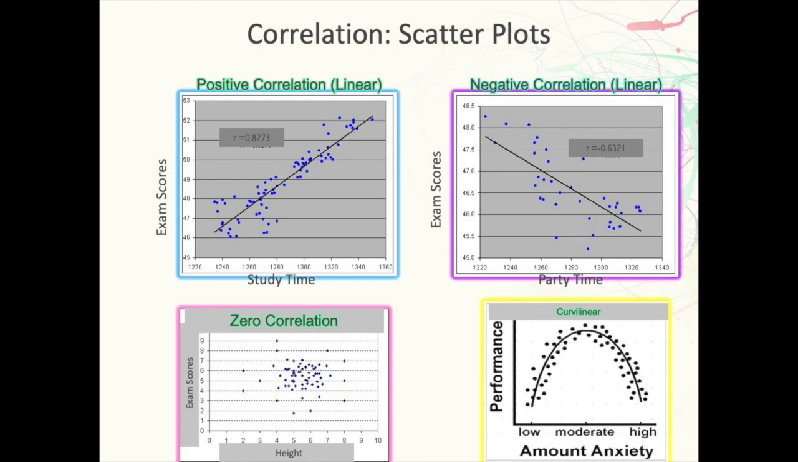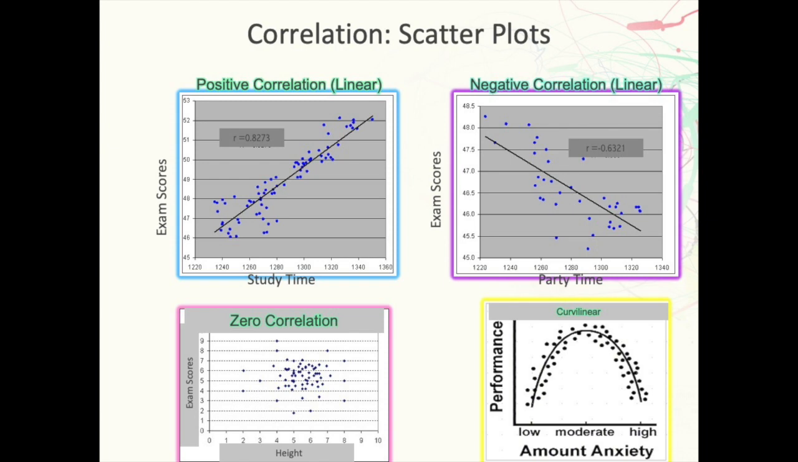And then if you look at the bottom left, you see a 0 correlation there with exam scores and height. Does not take a linear shape. There's no clear pattern. It's just kind of all splattered there on the scatter plot. And then to the right of that image, we have a scatter plot with a curvilinear shape. And so what's going on here is that the data is trending upward, and then it's leveling off and kind of trending back downward. And so an example of this would be the Yerkes-Dodson law, which talks about performance and